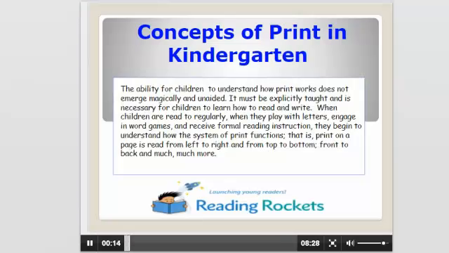The ability for children to understand how print works does not emerge magically and unaided. It must be explicitly taught and is necessary for children to learn how to read and write. When children are read to regularly, when they play with letters, engage in word games, and receive formal reading instruction, they begin to understand how the system of print functions. That is, print on a page is read from left to right and from top to bottom, front to back,